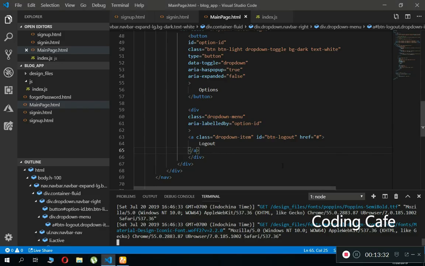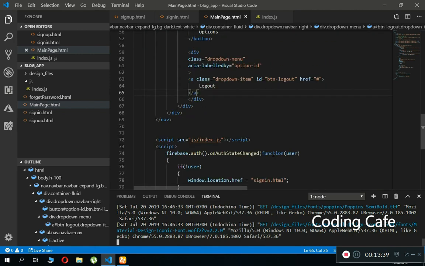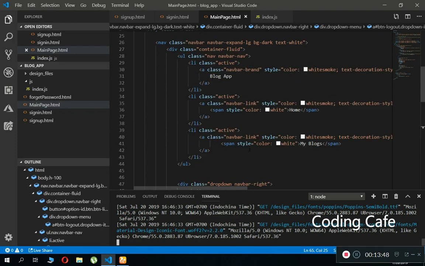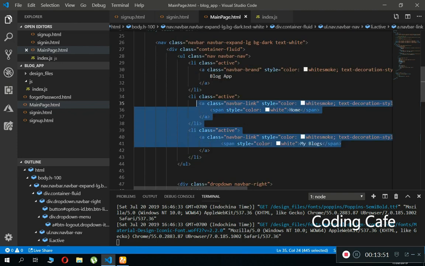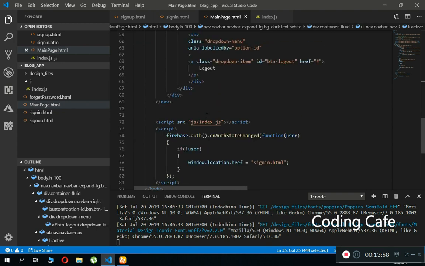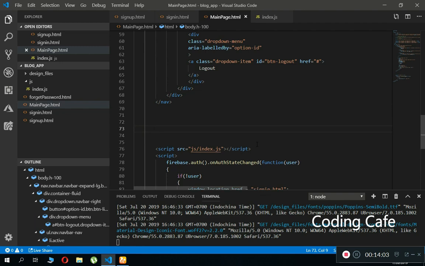So anyways, I mean, we have to check something, and also we need to add a div basically, which we will use for our home and my blogs. Okay, we will create some views or some pages for both of these in which we will display it. So for that, what we're gonna do is, after this div,